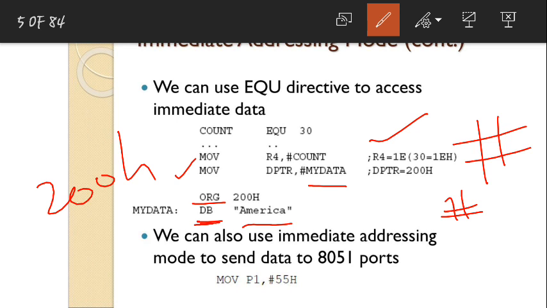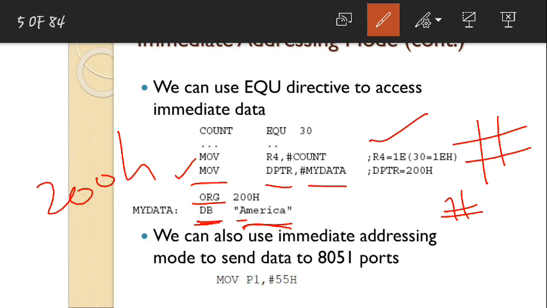That means whenever I am defining some byte, I can write it in hexa or decimal, or I can write it in ASCII. Okay, so these are ASCII values. So what I am doing is I am writing each ASCII value here. So if I want this to be moved to DPTR, what should I do is, see here I have written move DPTR. Into DPTR I am trying to move some data here. So my data will be not this A directly.